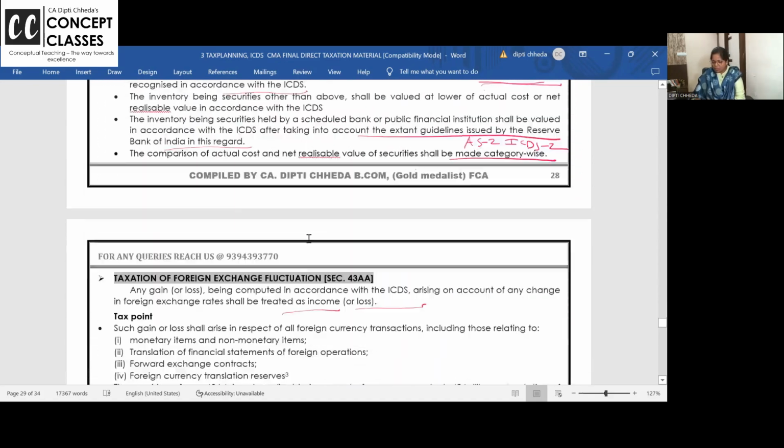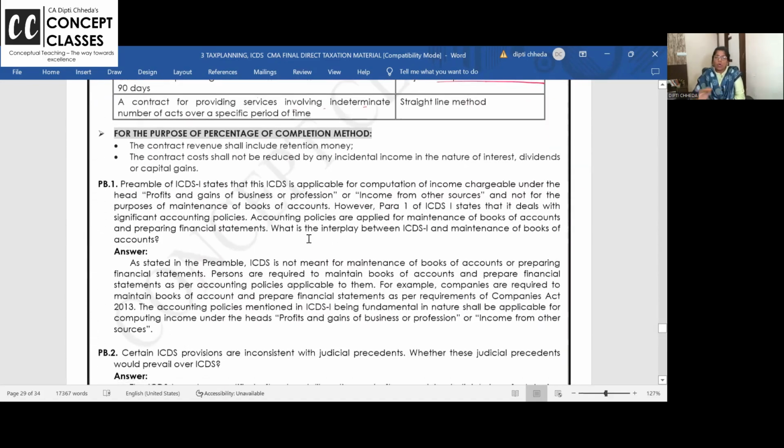Here we complete the portion. Let us quickly scroll through the questions because we have already done them, and the major questions I have done in writing. Still, if you have any doubt, you can put questions to me.